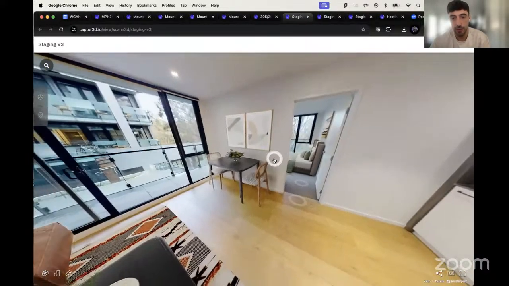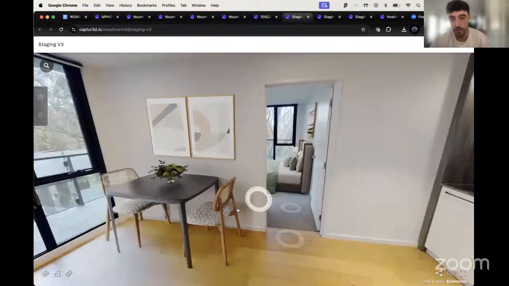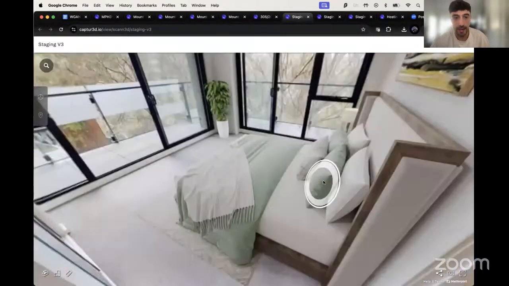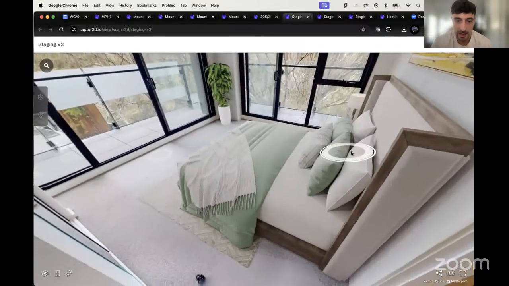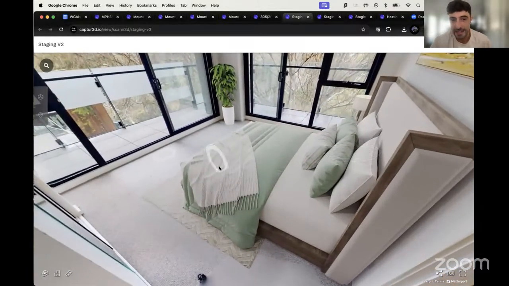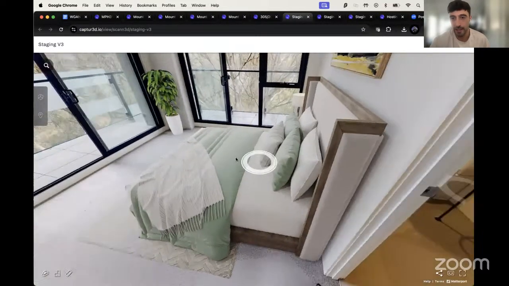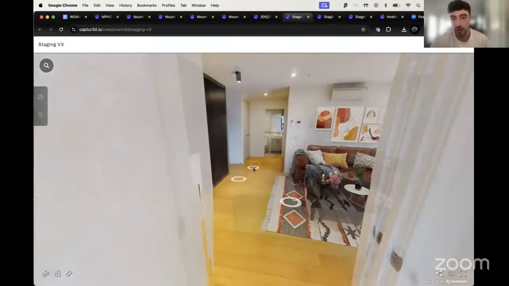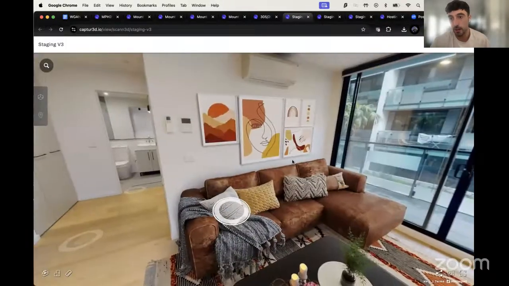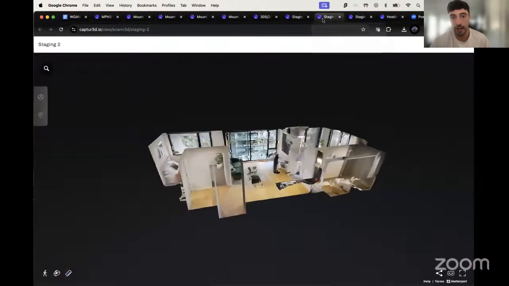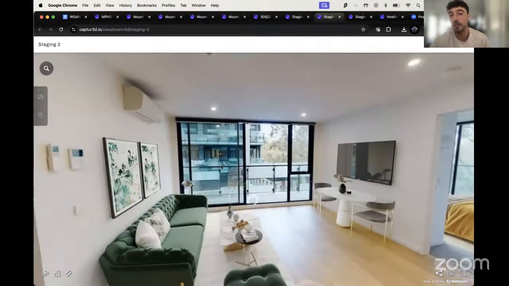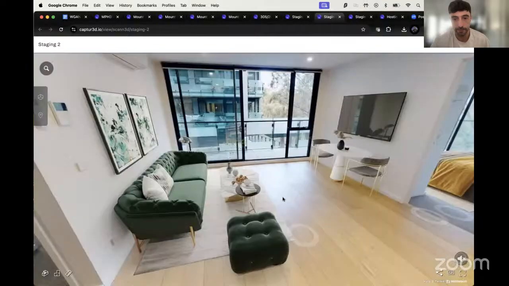I can walk into the bedroom as well. Whoops, my zoom's going a bit crazy there. So yeah, every single piece of furniture in here has obviously been integrated by us, and we're really trying to get those levels of detail down to the creases in the bed throws and making it look as realistic as possible. And so yeah, for anyone looking for a premium example for virtual staging, this is a really good way to go. There's a couple more examples of the same property as well, so I can jump into this one.